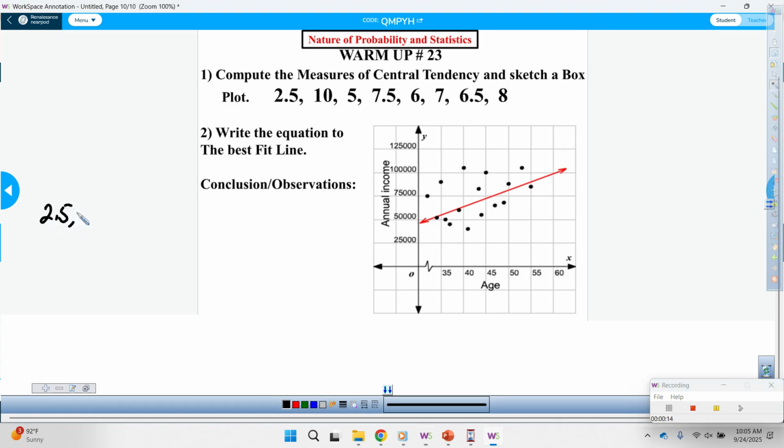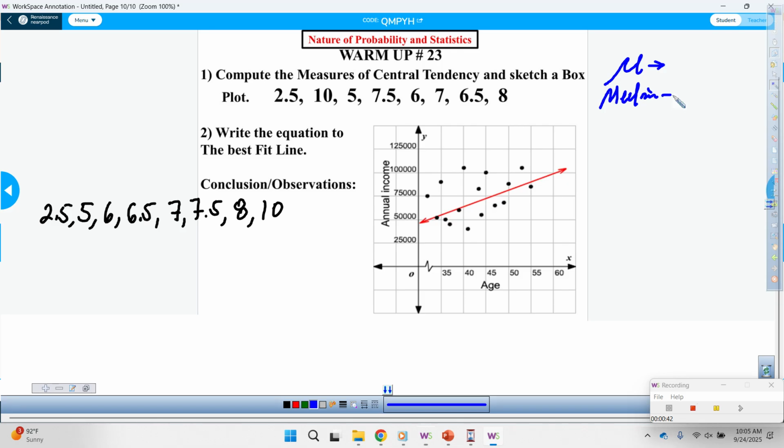2.5, 5, 6, 6.5. What else? 7, 7.5, 8, 10. Okay. Next, we need measures of central tendency, which means we need our mean,